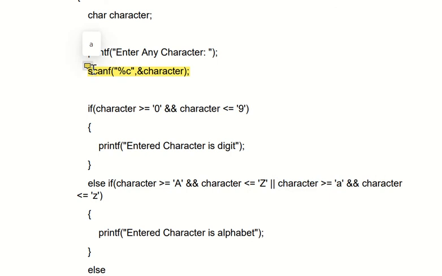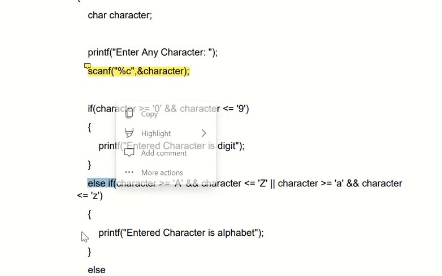What I said about the OR clause is that if any one condition out of two conditions, or out of three also, is true, then we can say the condition is true. Right now only two conditions are there. So it will go inside this else if statement. Inside the else if, we have printf: entered character is an alphabet. Obviously it will print this message as it is on your output screen.